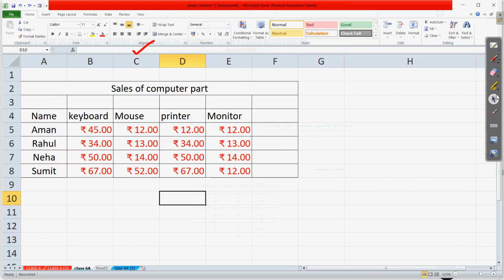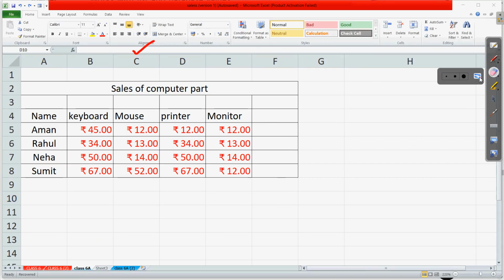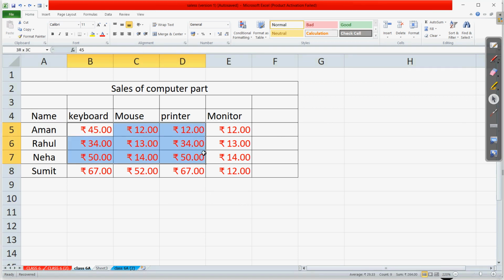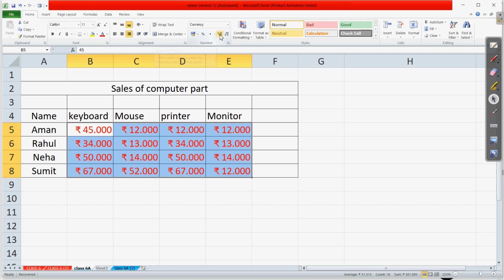Now let us see this. If I come to this Excel window, let us first select the cells for which we want to increase or decrease the decimal point. So this is the data which I have selected. Then here you can see this option is increase decimal. If I click on this, earlier there were two decimal points, now it is increased to 3.